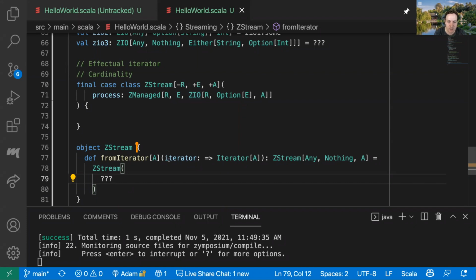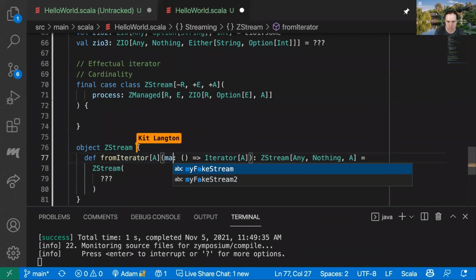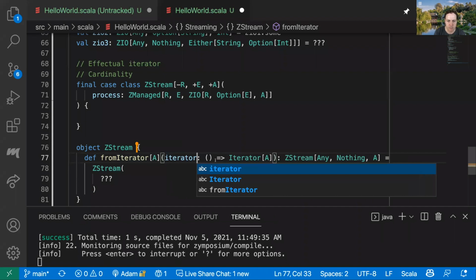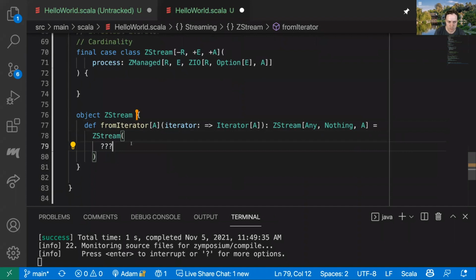So in this case, the making of the iterator is just evaluating this. I mean, this is essentially a thunk here. We're using this by-name parameter to make this a little bit nicer, but really if we wanted to be super explicit, we could write this like that. Maybe I'll go back to it being like this. So here,